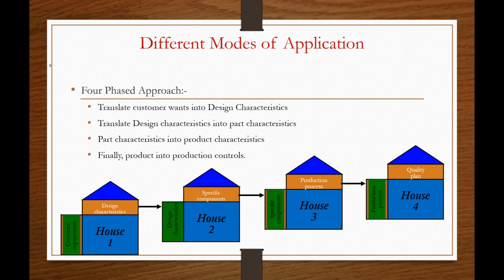The product definition phase begins with the collection of VOC and translating the customer wants and needs to product specifications. Second, product development. During the product development phase, the critical parts and assemblies are identified. Third, process development. During the process development phase, the manufacturing and assembly processes are designed based on product and component specifications. And fourth, process quality control. Prior to production launch, the QFD process